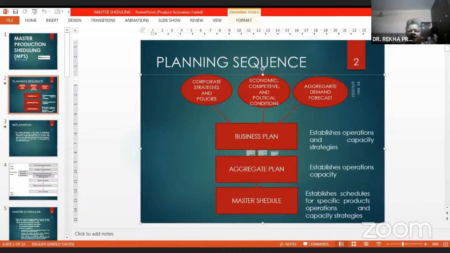Then from there the aggregate plan: how much material and other inputs they require for producing the number of vehicles they are going to produce in future. They get that from the forecast, and then from there they plan the master schedule, how much of each specific type of product they are going to produce.